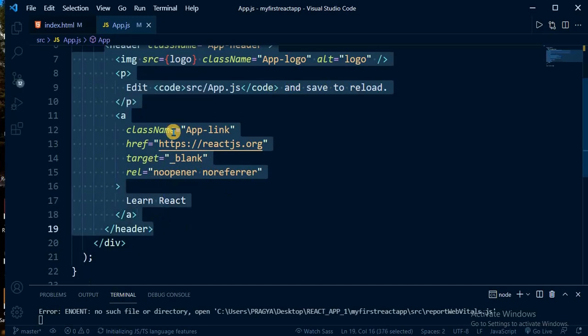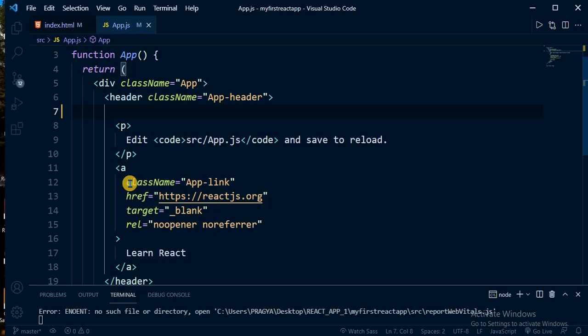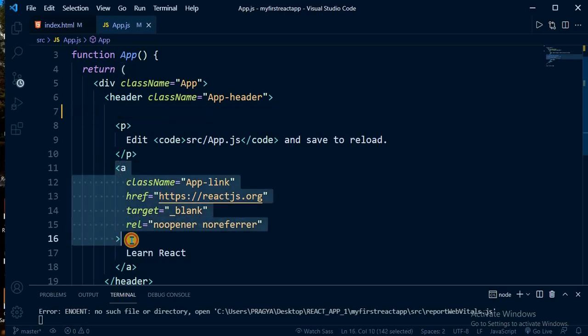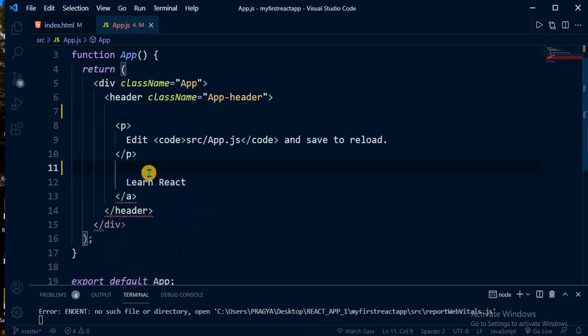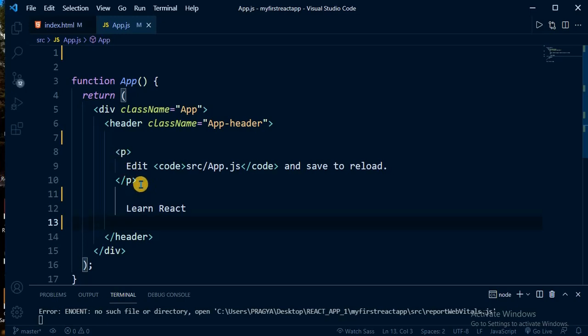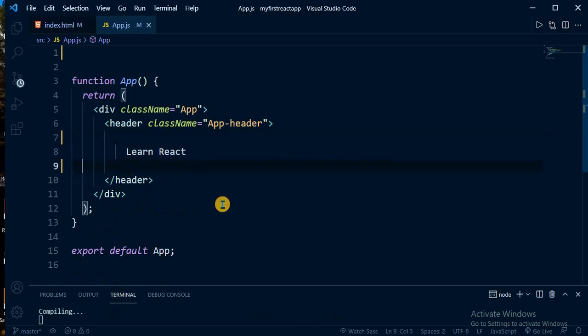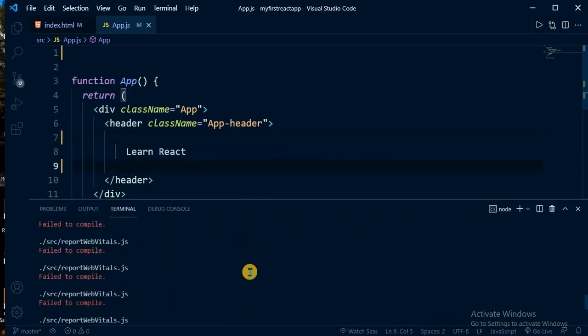Let's just delete this image because we deleted the logo, and let's delete this link. Now I think it should look a bit okay. We can delete this paragraph also. Now it should look okay for now.